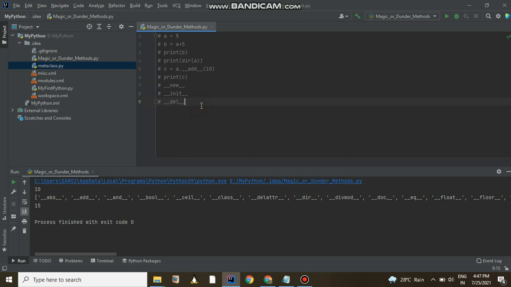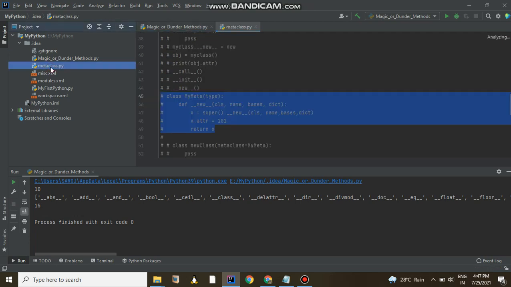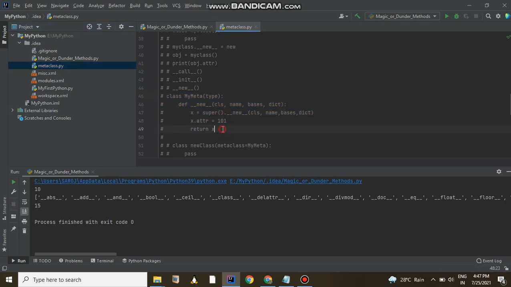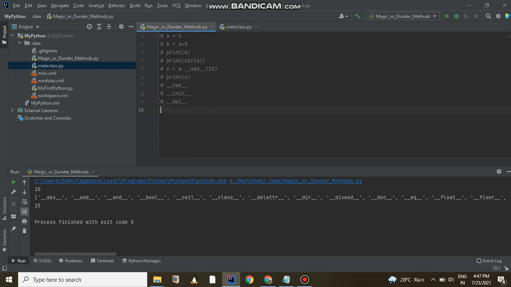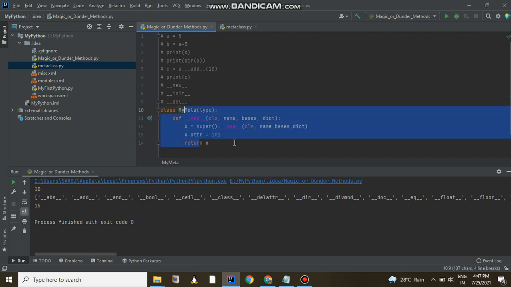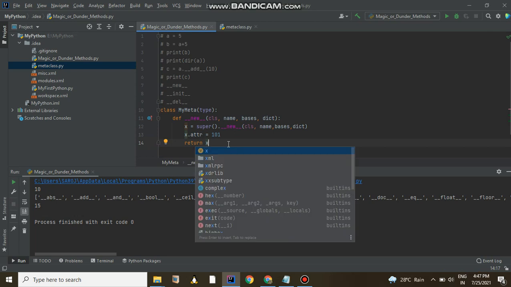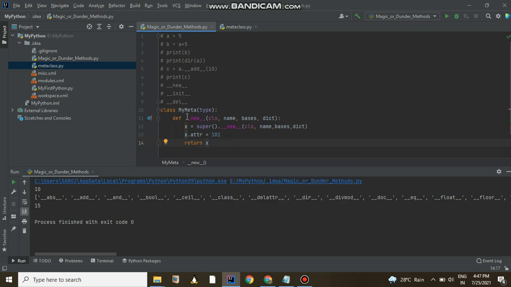You have already learned this new method in your previous video, during metaclass creation. I'm just copying that code here so that you can understand better. Here, I am using the new method to override the instantiation of the default type.